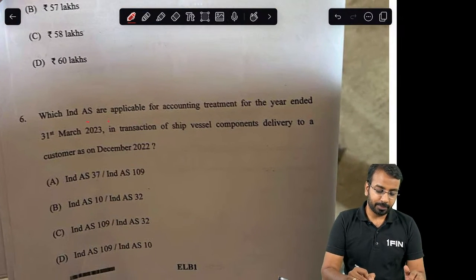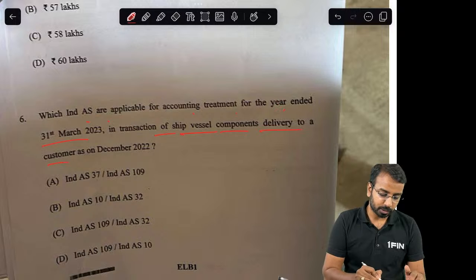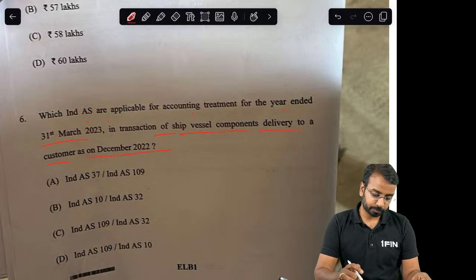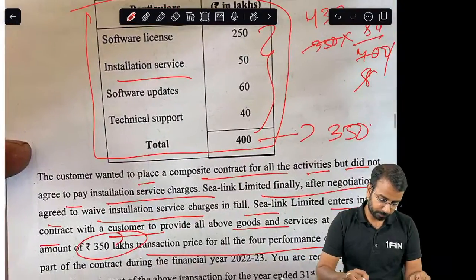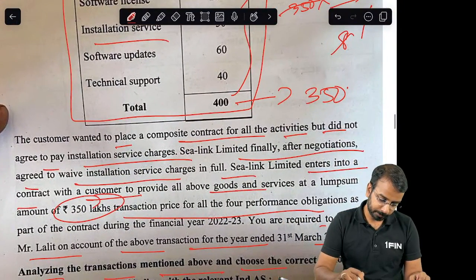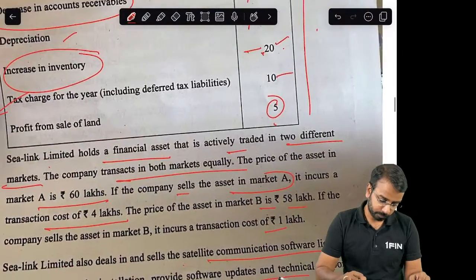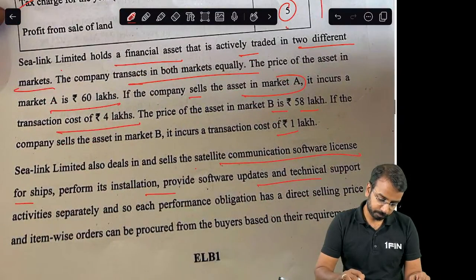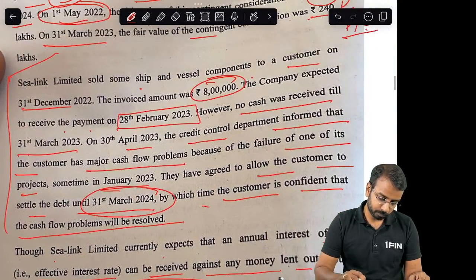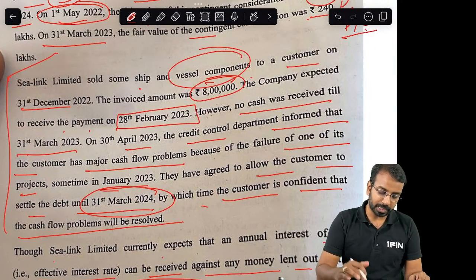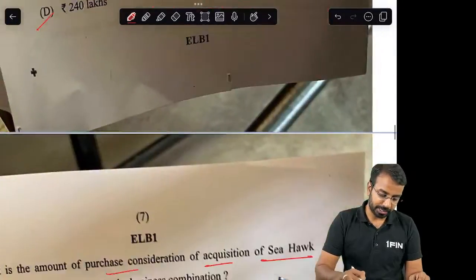Which Ind AS are applicable for accounting treatment for the year ended 31st March in transaction of shipped vessels components delivery to a customer as on December 22? So is there something to do with? I think I've vessel components is this one. So what is applicable? Now there, one thing that is applicable is